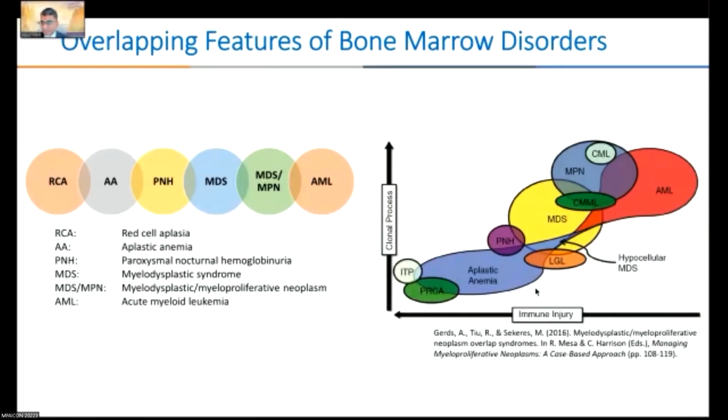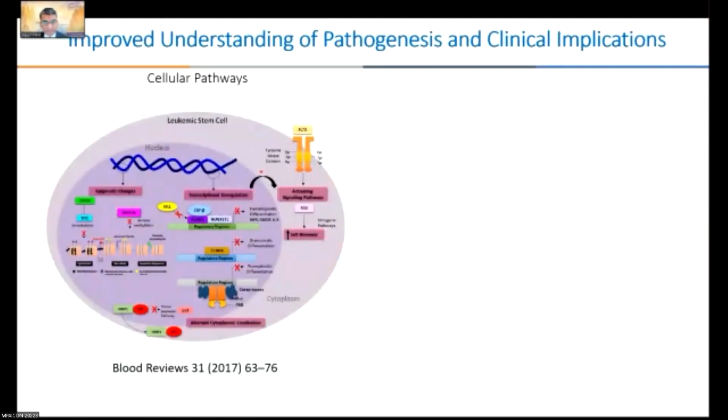And oftentimes these overlaps are very challenging to decipher beyond just using the morphology and some of the clinical laboratory data that is available to us. Fortunately, through recent advances in genomics and genomic platforms, we now have identified a variety of genomic alterations that can alter different intracellular processes. Thereby they lead to impairment of either differentiation of a general cell lineage or differentiation of a very specific lineage, followed by a secondary activation of some of the proliferative pathways,